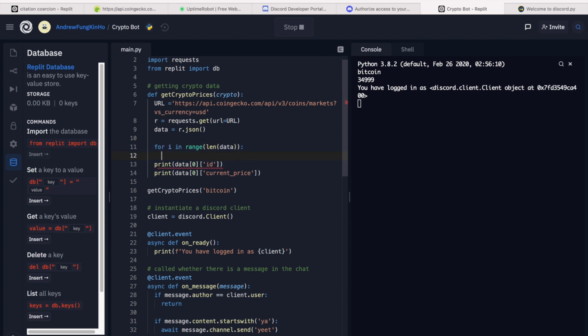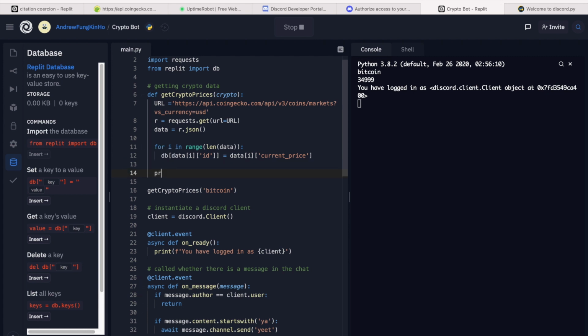We can just do db, the key will be data[i]["id"]. So for example, the first one, for i equal to 0, that will be Bitcoin, and we store the value to be Bitcoin's current price. Hopefully it makes sense. So this changes to i, and we do that for every currency inside data.